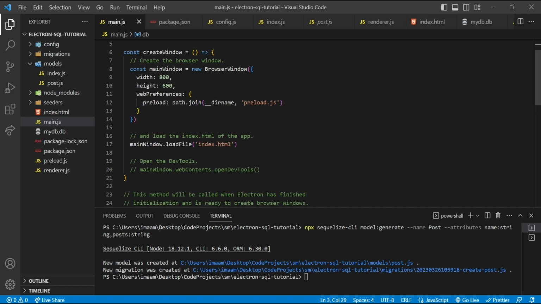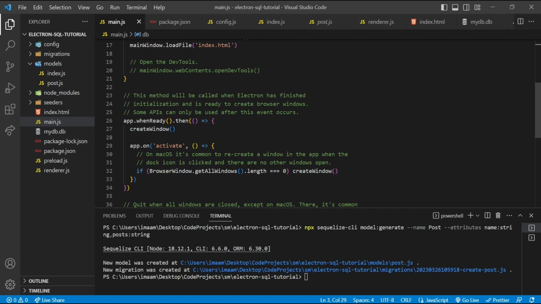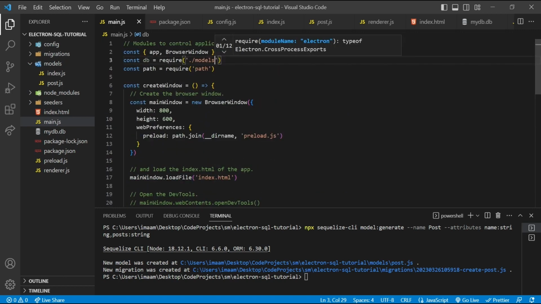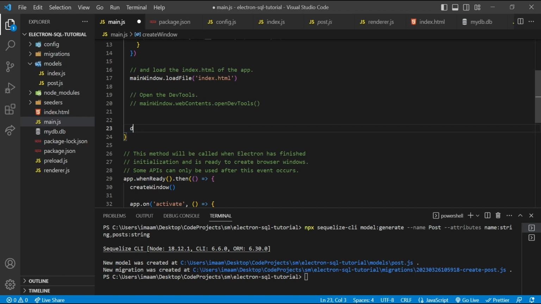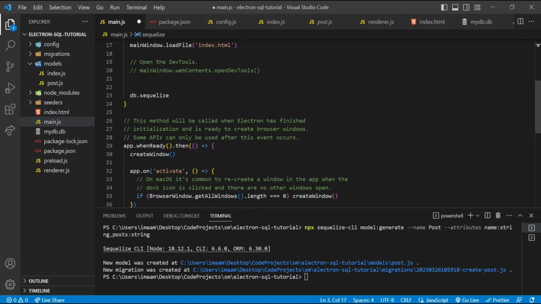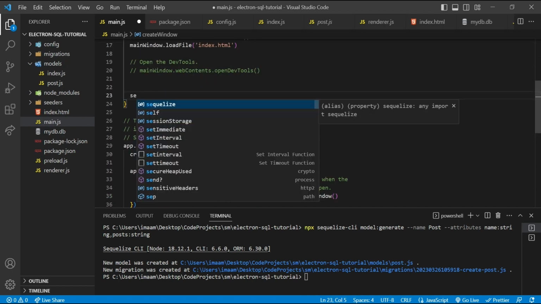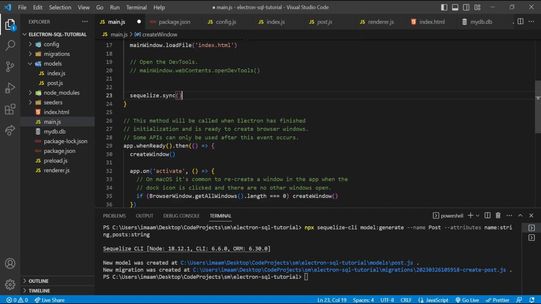We could do that too, and then we could sync that by saying inside our window create, inside here we could say db.sequelize and call it like that, but we're going to make it simpler and just destructure it when we're requiring it. So just say sequelize and then change this back to sequelize, and then .sync, right, .then,